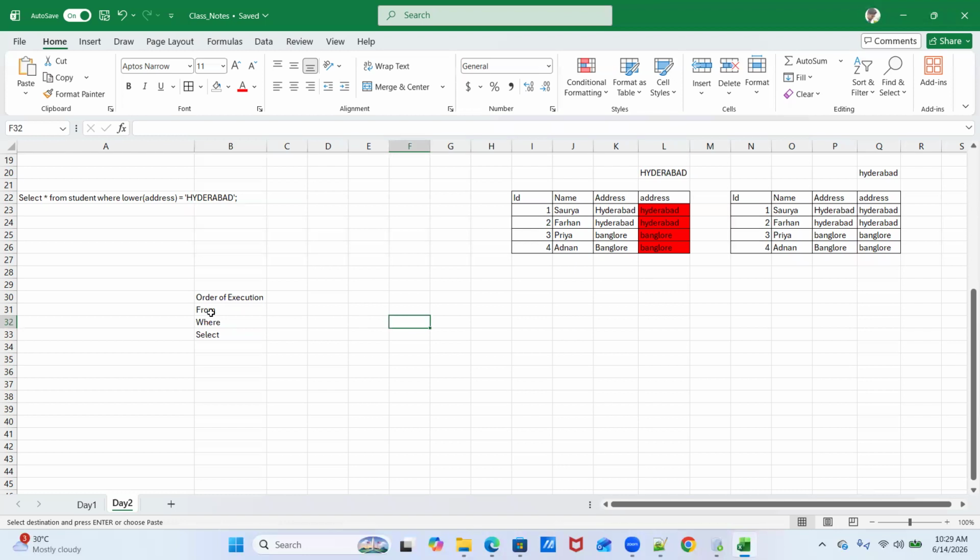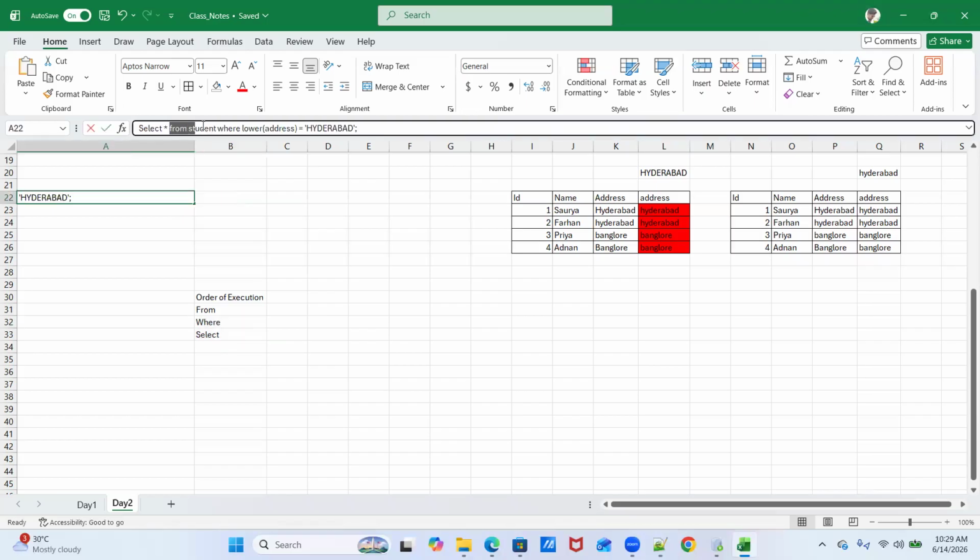So how will this query work? First, the from clause will be executed. After from, there is a table name.